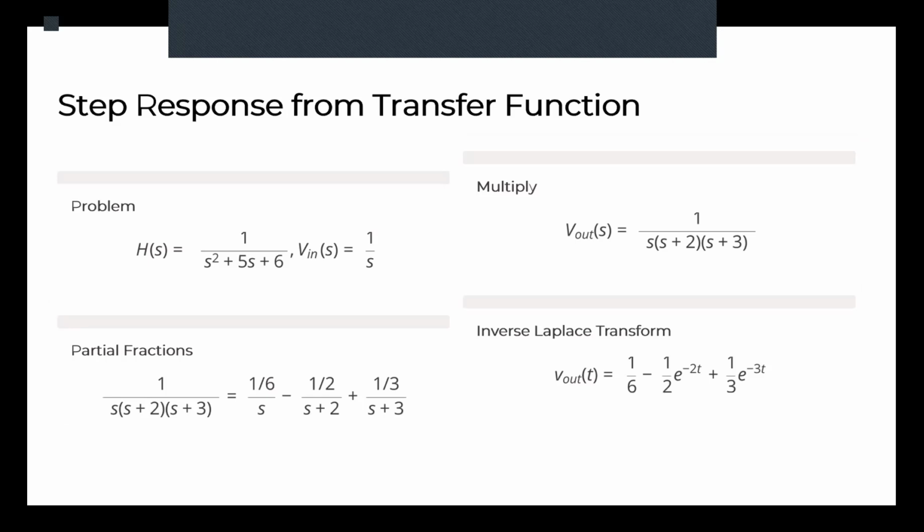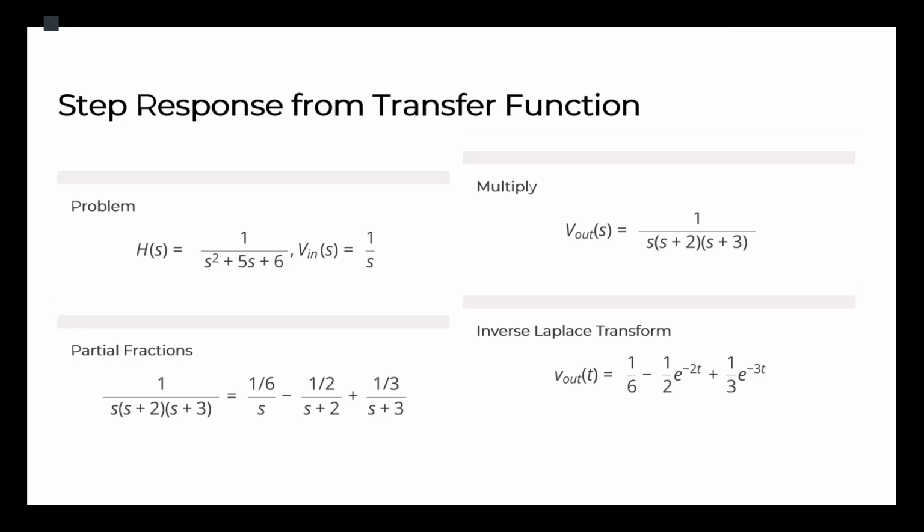It's 1 over s squared plus 5s plus 6, and we consider the input of our system as 1 over s, which is the step function. Now, when we wanted to calculate the output, because we know that basically the transfer function is